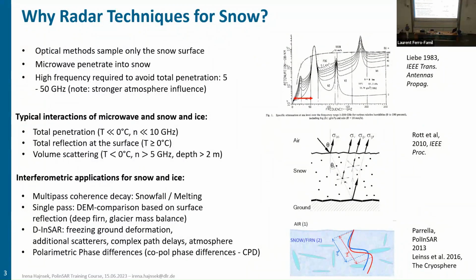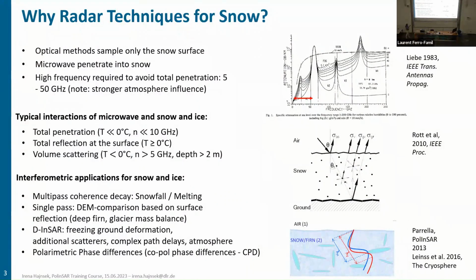So you make a single-pass interferometry acquisition, then over time, in this case after 11 days, you can do the second one, and you can compare in principle these different digital elevation models in order to see what the snow height estimation is. So that's in principle also possible to be done. What is also possible is to use differential SAR interferometry, which is in principle also good to use, but